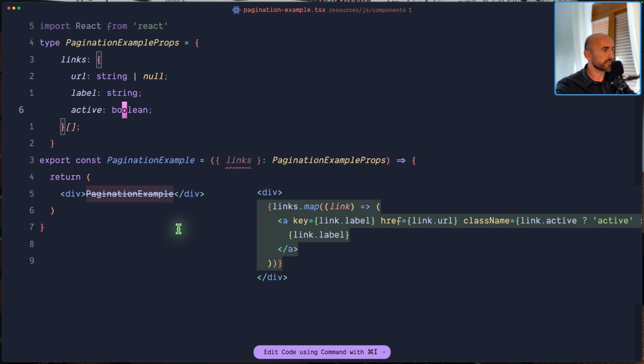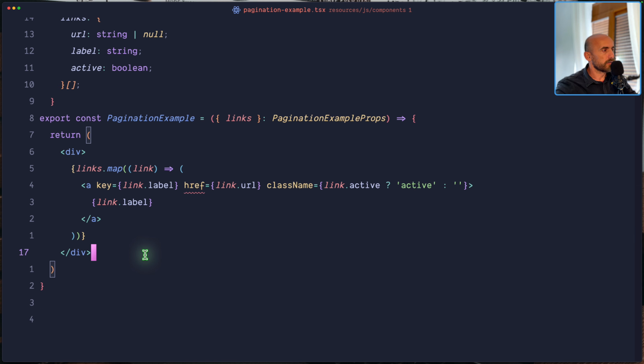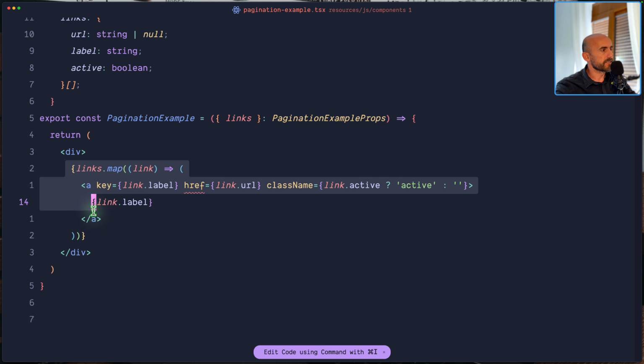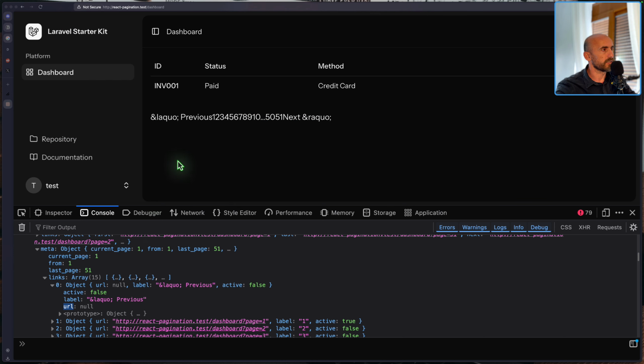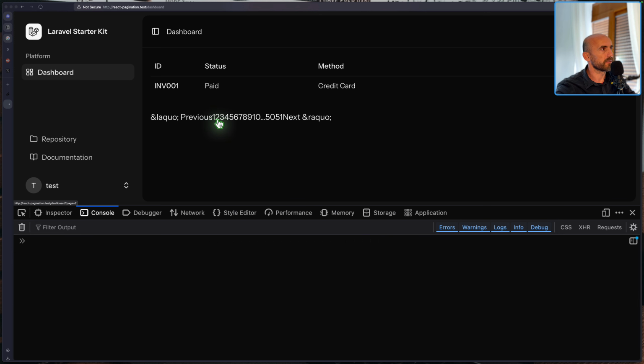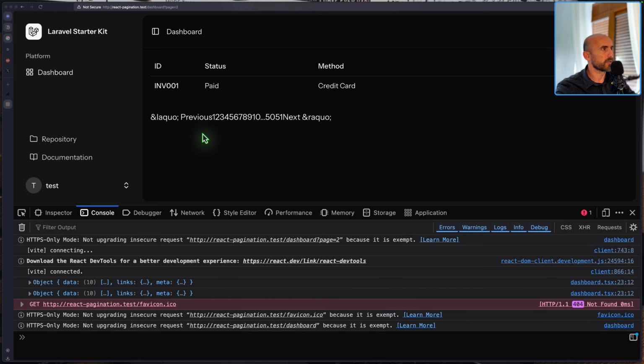Okay, let's leave it to the AI to help us. Okay, we have something like this, and let's see now on the browser. Yeah, we have previews, 1, 2, and so on. But of course, if I click on the 1 here, we have a reload because we are using the anchor